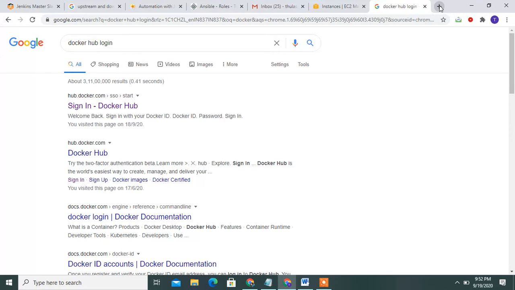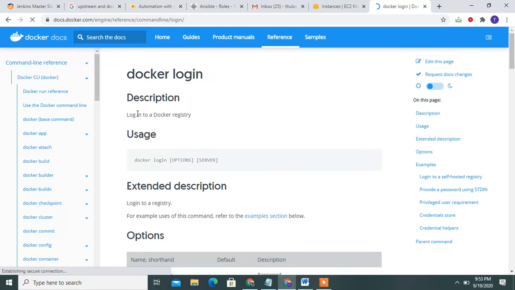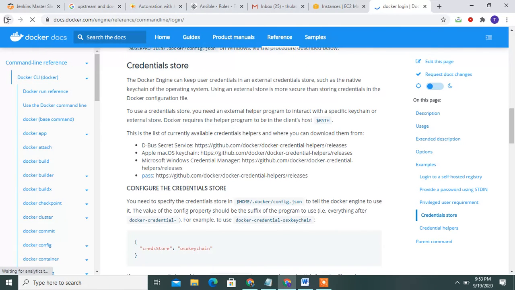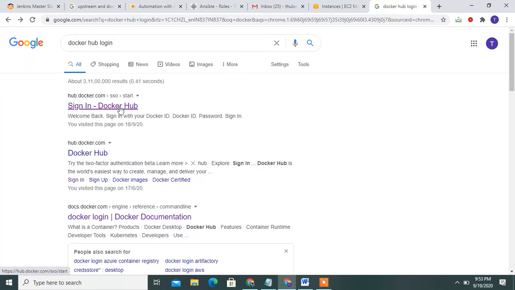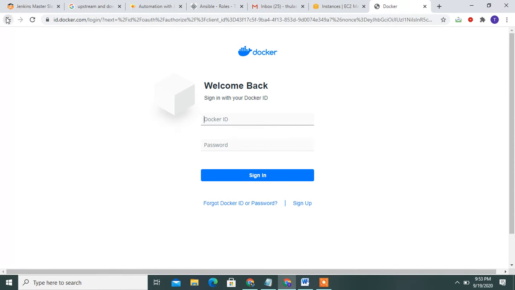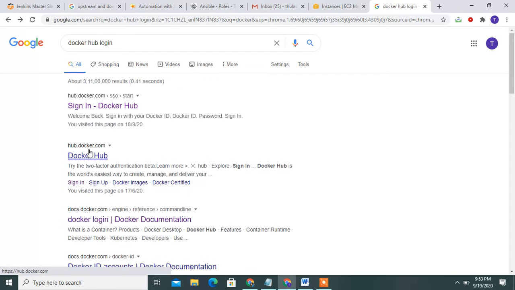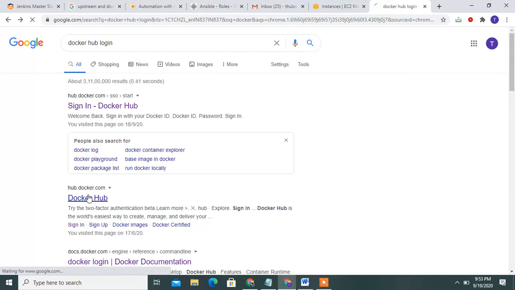To create a Docker Hub account, go to sign in, on your side. Docker login. Go to Docker Hub.